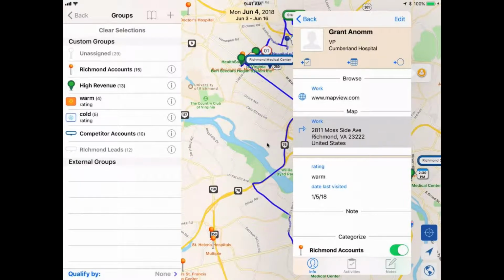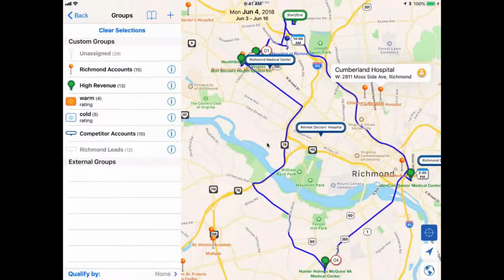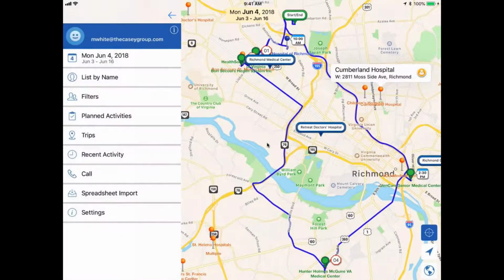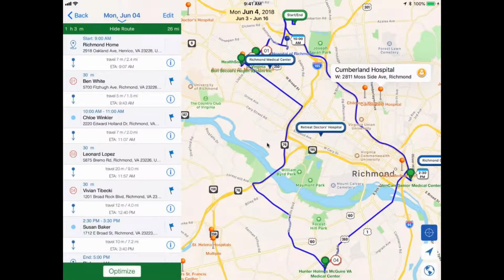A fantastic question. And something Marianne is displaying right now is, I have this trip. Now, what do I do when I'm done with it? We've had people who only work on drop-in visits, and the way Mapview works is drop-in visits don't have a specific time. So if you don't mark it as complete, which Marianne will show momentarily, the app will actually push that to the next day because it thinks you haven't done it, but you still want to.